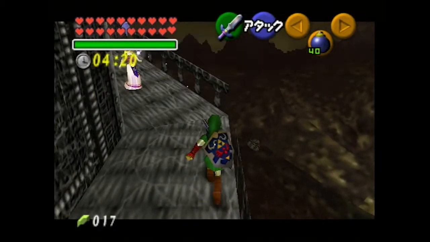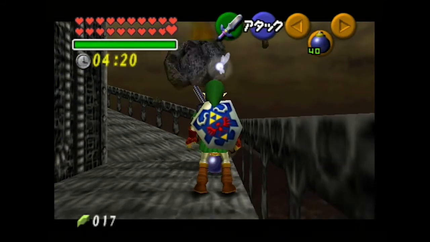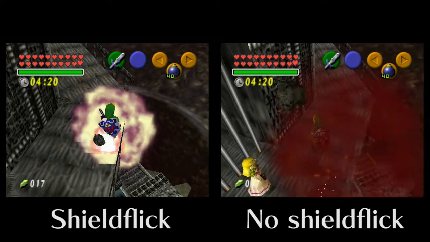And there's three different ways you can get this right. The first one is what I like to do. I pull out the bomb, shield drop it, roll and backflip, and then I have the perfect distance between Link and the bomb. Be sure to either hold shield from the backflip or shield flick when you're on the ground before you roll into the bomb, because otherwise you'll do a side roll,